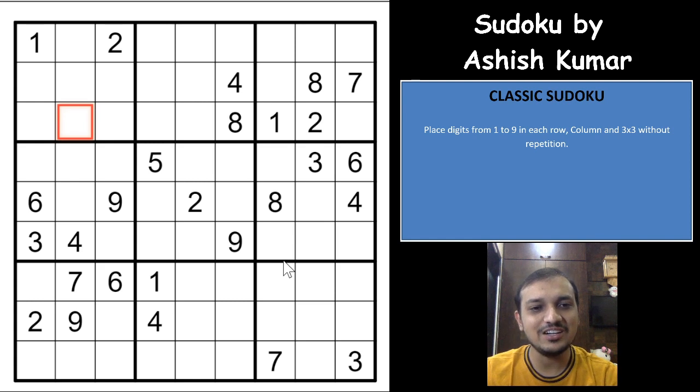Ashish here, and today I'll be covering a classic Sudoku on our channel. Now this Sudoku I have constructed for my patrons of my Patreon page, where I send many classic Sudokus, variants and advanced classics for a month to all my patrons, right? So this is one of the advanced classic Sudokus that I sent last month, that is for November 2021, right? And my advanced classic sudokus are not very tough, right?